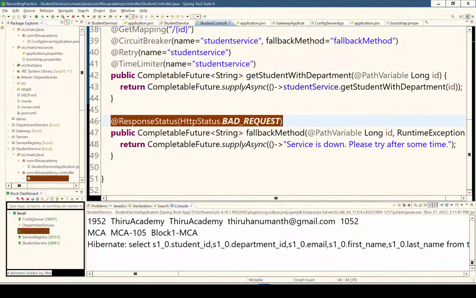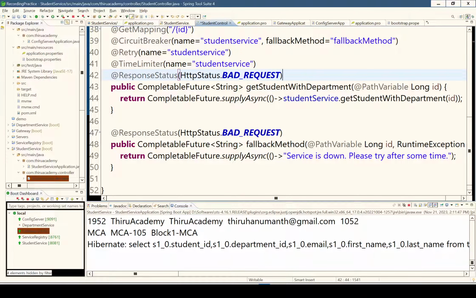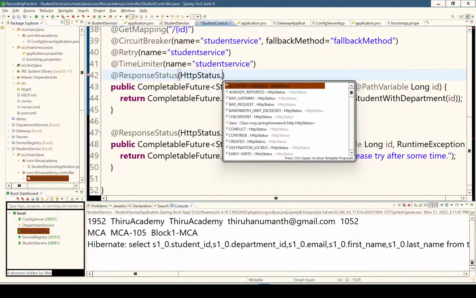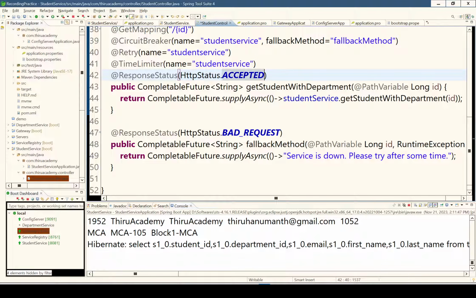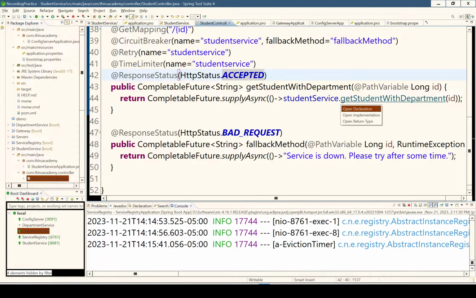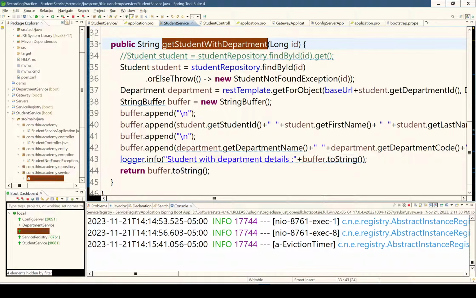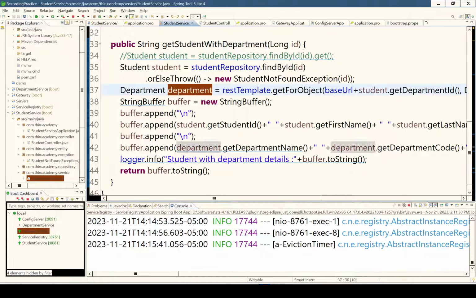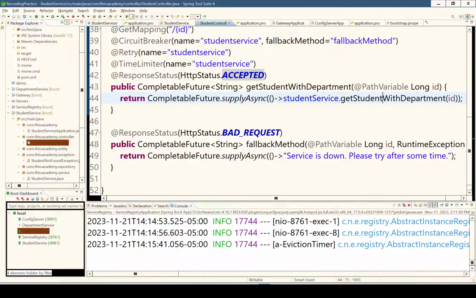If you want, you can create that response status for this method also. Response status not bad request, here accepted. Okay, here accepted, here bad request. Whenever it goes to the service, it is calling the department service through RestTemplate. Here it won't get department information, then immediately it will return to the controller and immediately